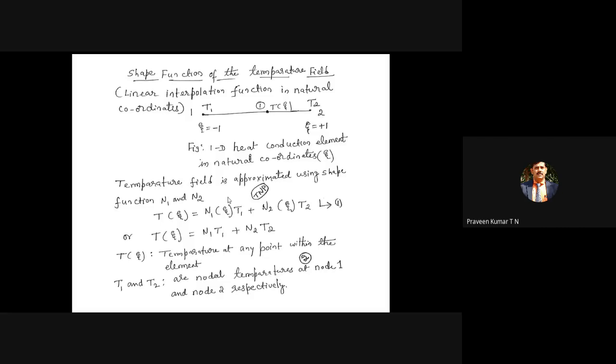There are totally 4 degrees of freedom. Hence, there are 4 constants a0, a1, and the functions h1, h2, h3, h4. When you come to heat transfer, the degrees of freedom at each node is only 1. That is, at node 1 there is only one parameter, temperature T1, that you have to find out. At node 2, there is only one parameter, temperature T2. These are the degrees of freedom.